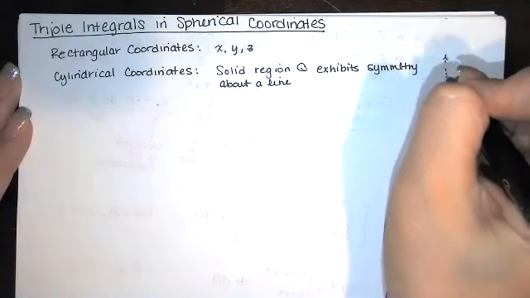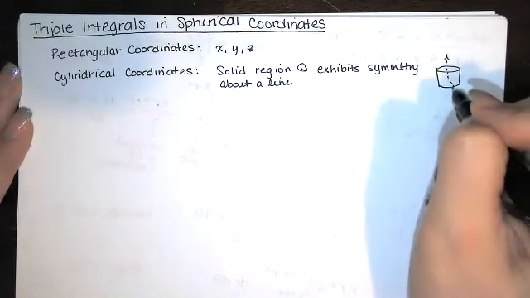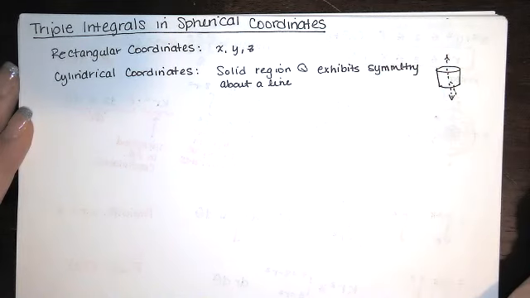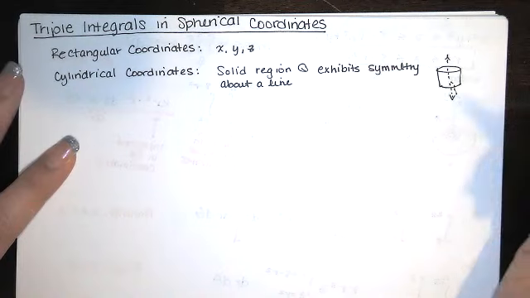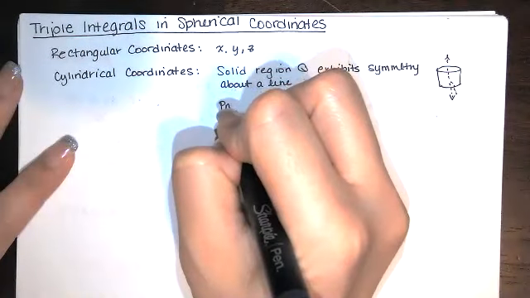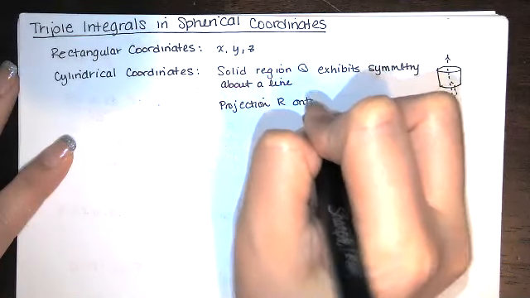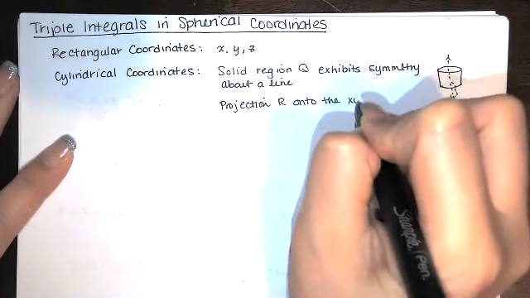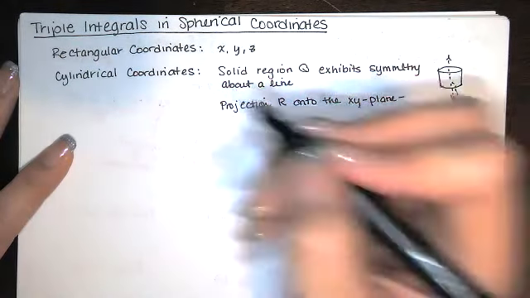So we see symmetry around something like this, kind of like you would with a cylinder. Should be a straight line, a vertical line, sorry. Then we might go to cylindrical coordinates, or if we look at the projection of Q onto the xy plane, if that projection happens to be a circular sector,